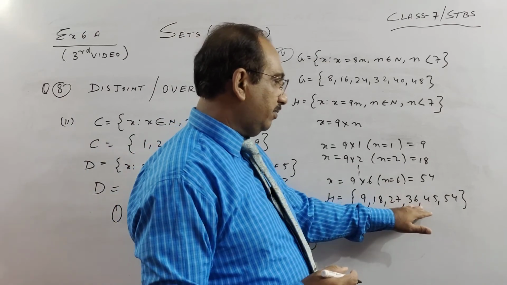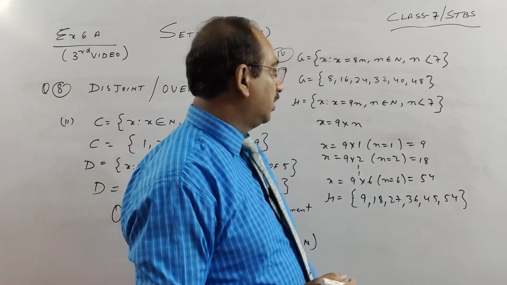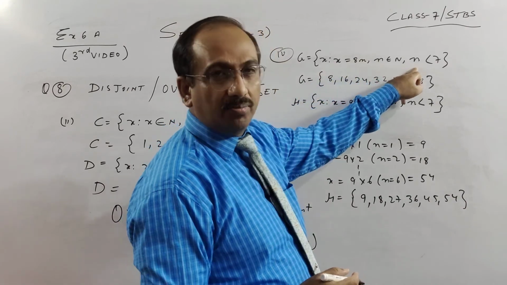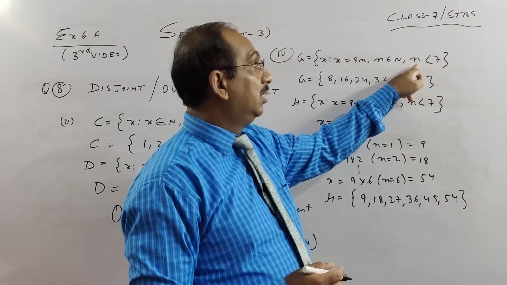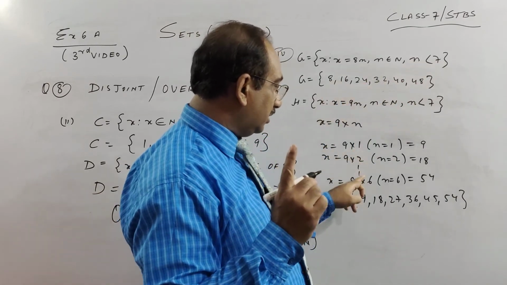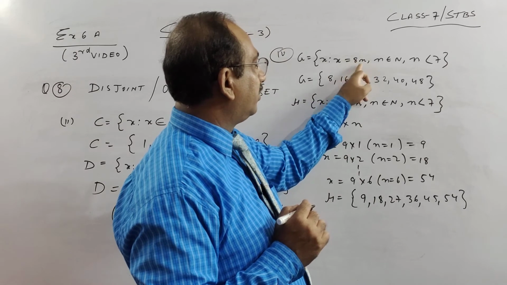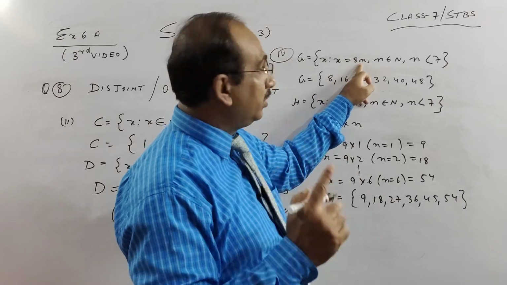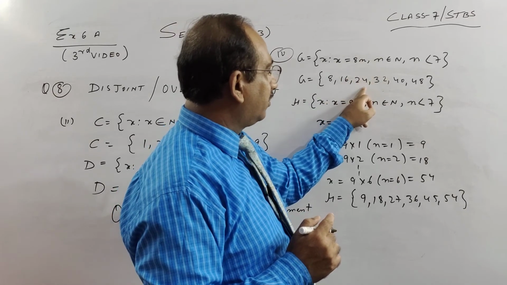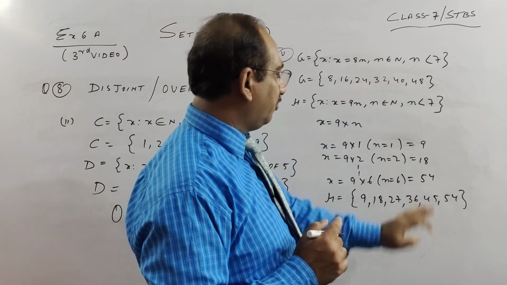So 27, 36, 45, 54. Children, this is the table of 9, but only up to 6 times. 9 threes are 27, 9 fours are 36, 9 fives are 45. And here we have the table of 8. In the same way you take natural numbers less than 7, that is 1 to 6, and we start with 1, since natural numbers start with 1. When you put 1 here, 8 ones are 8. In place of n, put 2, and 8 twos are 16. When you put 3 here, you will get 24, 32, 40, 48.